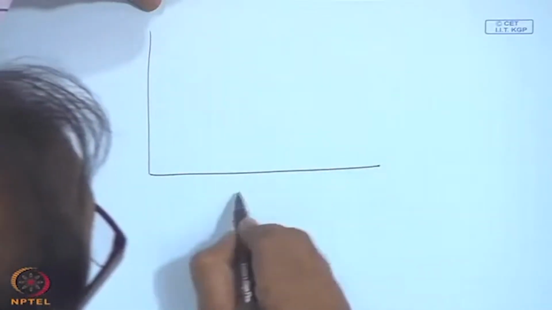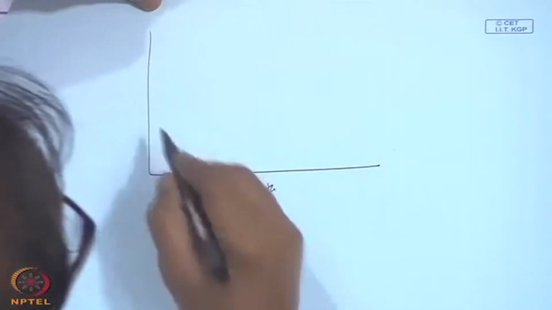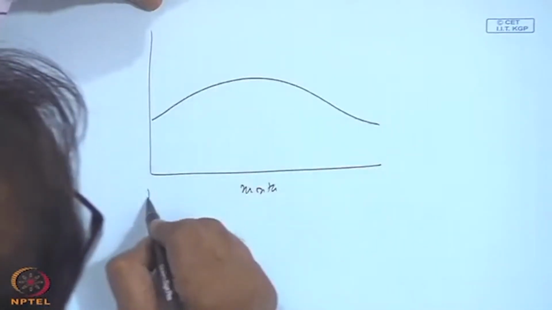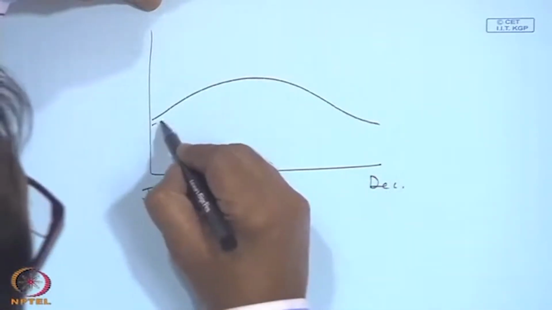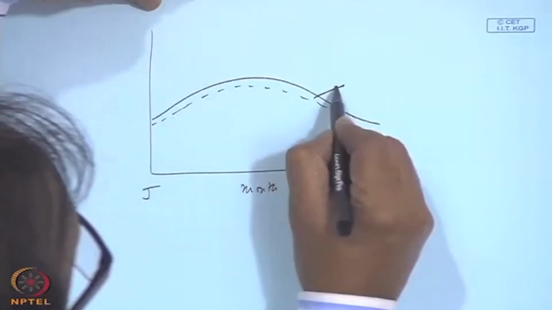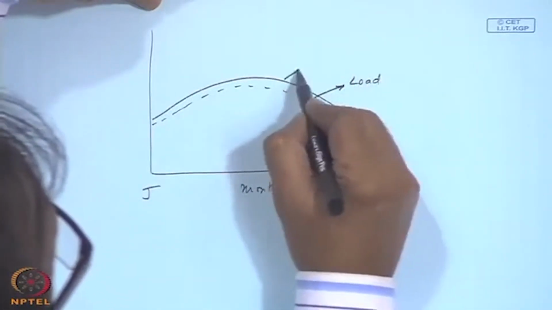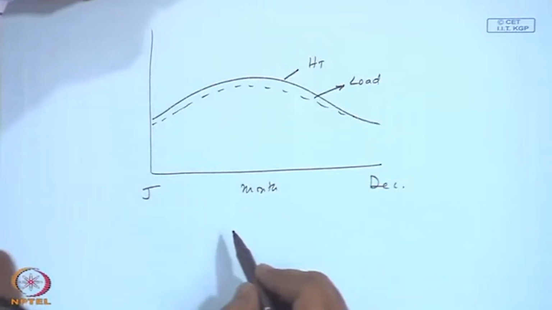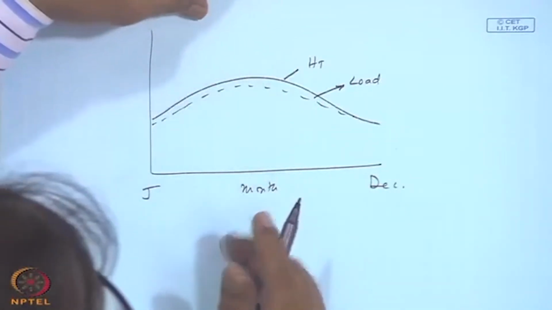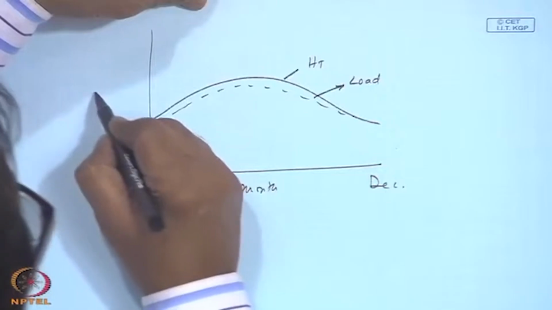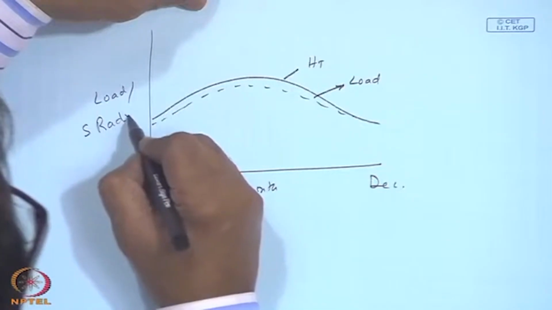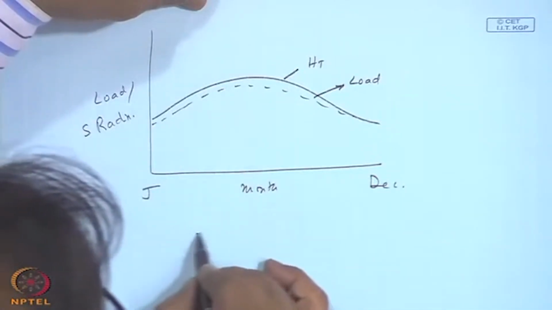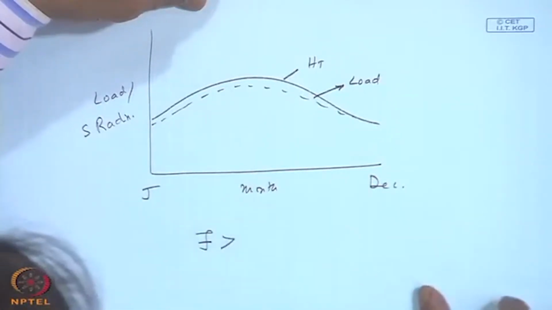So, if my solar radiation, if this is the month, is typically like this, January to December, and my load is following the solar radiation, I can expect this is load or solar radiation. So, my F will be higher compared to